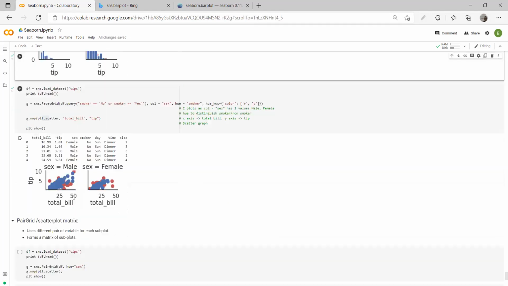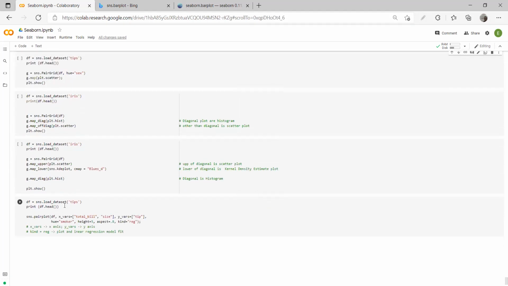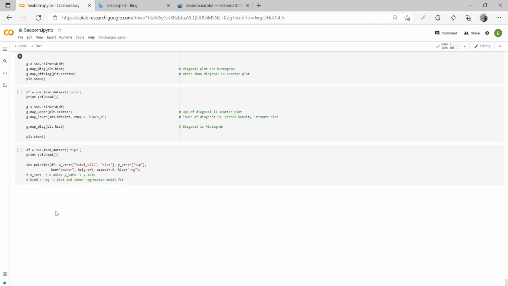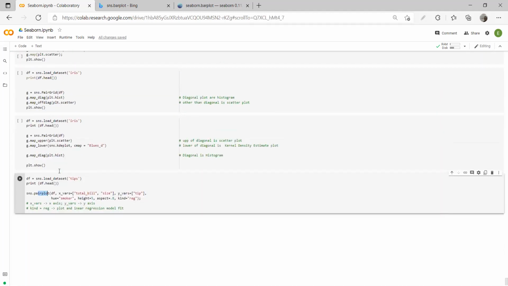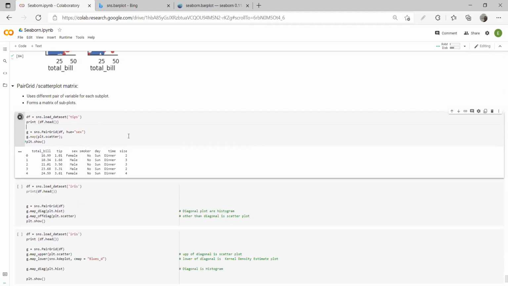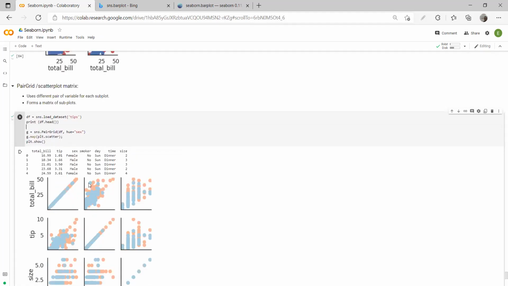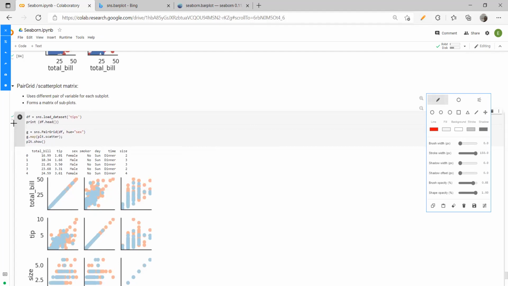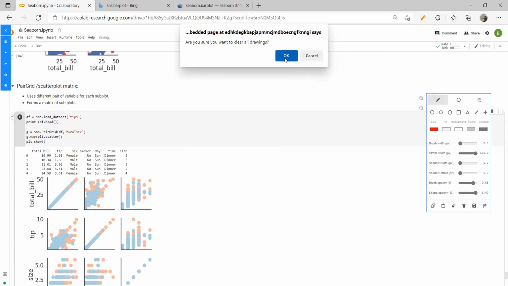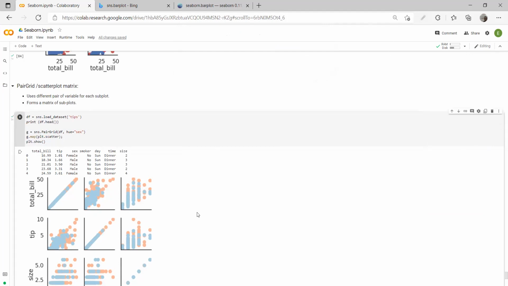Then again, these are also not that important. Coming to pair grid, it's a pair grid still. Pair plot we covered above, or we will be covering over here. Pair plot is very important. A pair grid is just the start of a pair plot. So let's look into a pair grid as well. Let's look at what we are doing here. We are just loading a data set, that is tips. We are plotting a pair grid. Let me scroll a little bit down.